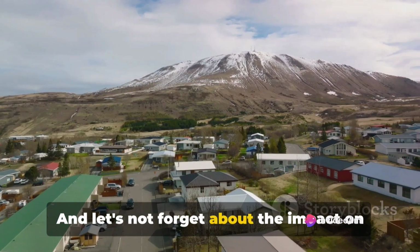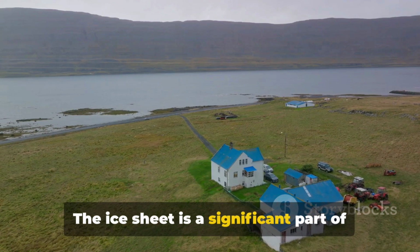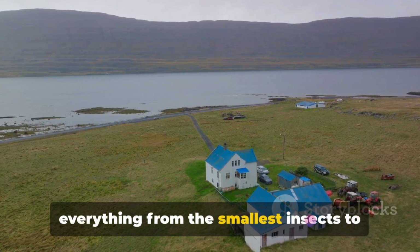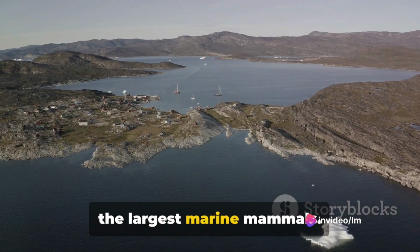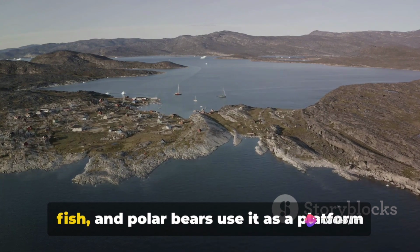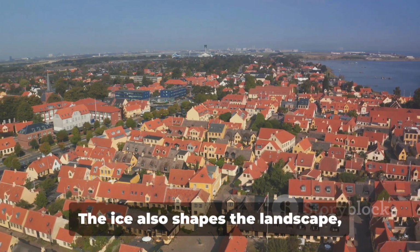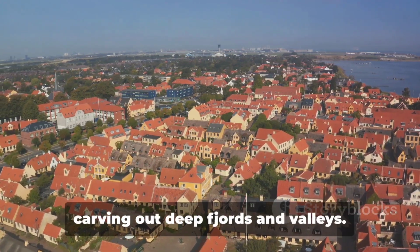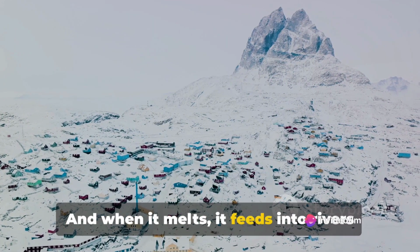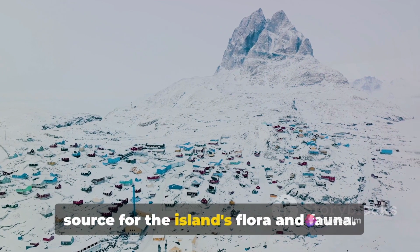And let's not forget about the impact on local wildlife. The ice sheet is a significant part of the Greenlandic ecosystem, affecting everything from the smallest insects to the largest marine mammals. Seals lounge on the ice while hunting for fish, and polar bears use it as a platform to catch their seal prey. The ice also shapes the landscape, carving out deep fjords and valleys. And when it melts, it feeds into rivers and lakes, providing a crucial water source for the island's flora and